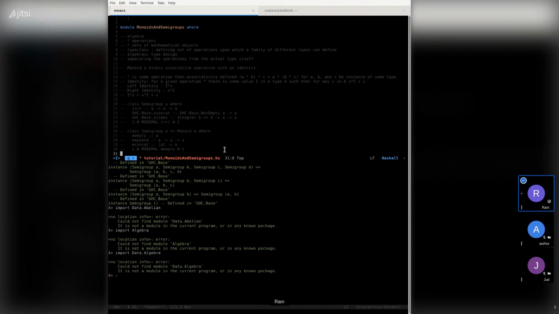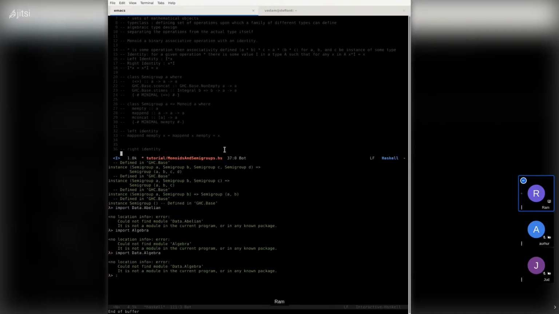Another thing I want to mention is mappend, like I said earlier. The left identity, mappend mempty x, equals x, and the right identity, mappend x mempty, also gives x. So in both cases we have x.